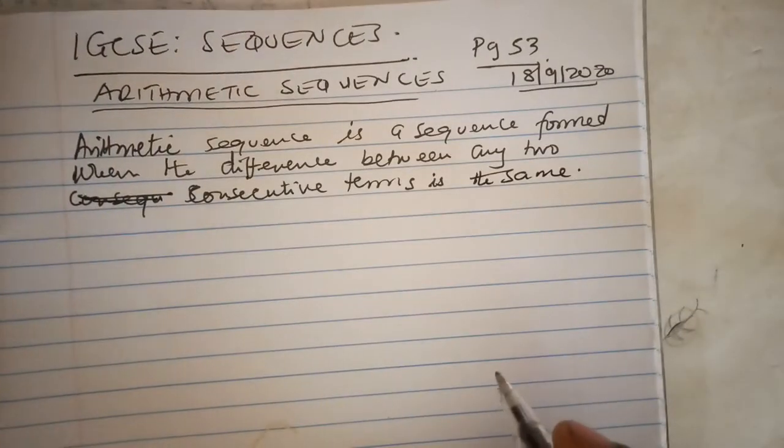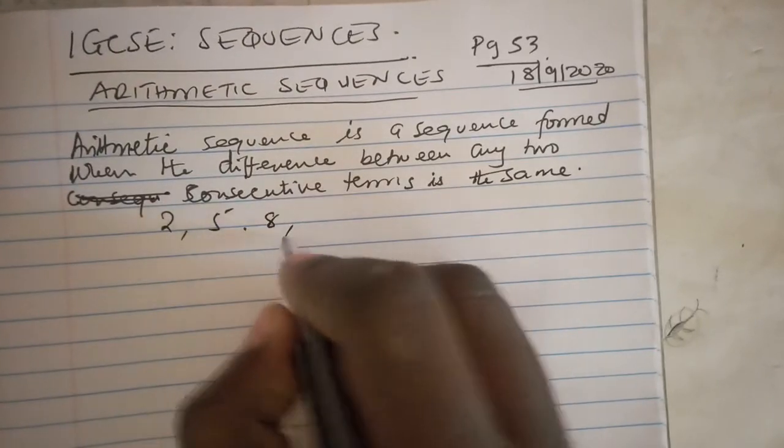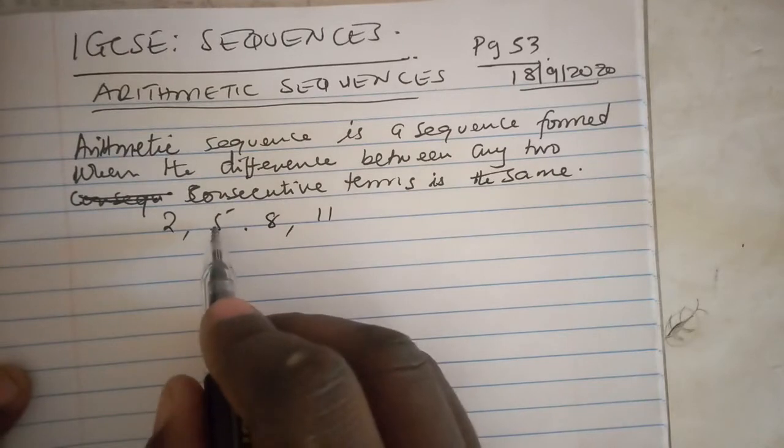Arithmetic sequence. For example, if we have 2, 5, 8, 11, and moving forward, you realize that 5